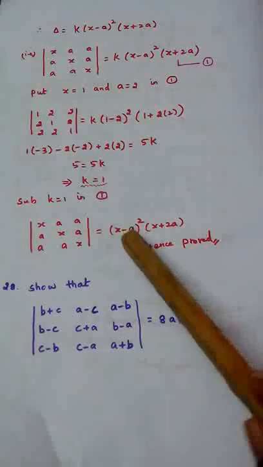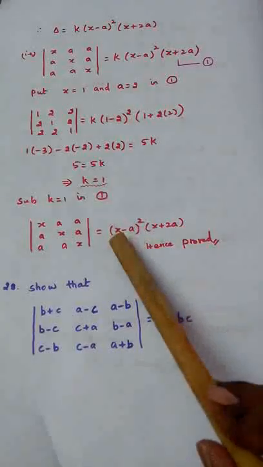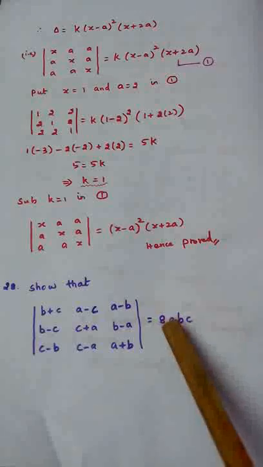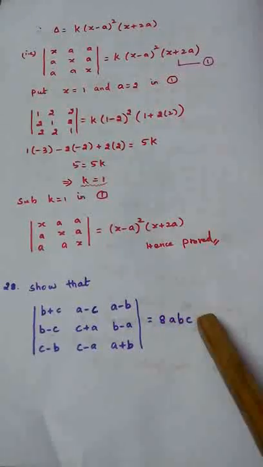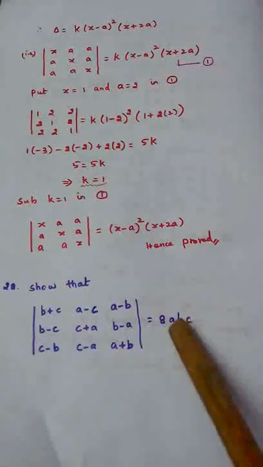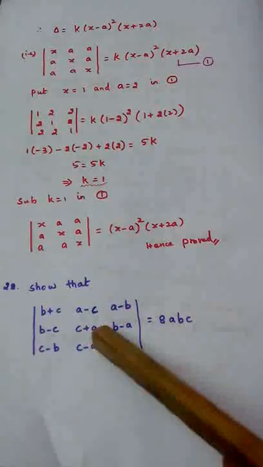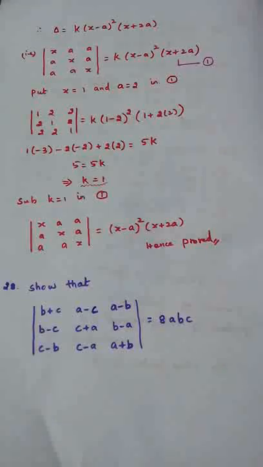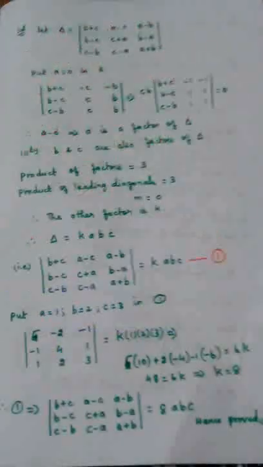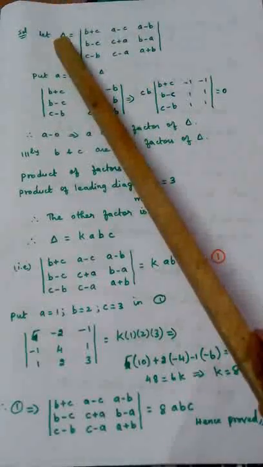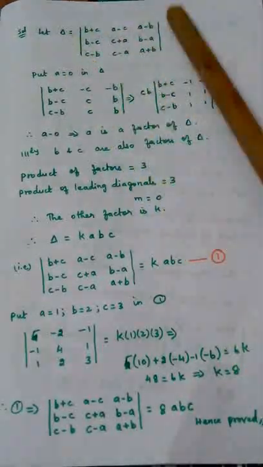Even in this sum, if you see, by seeing the answer, we started by putting x equal to a, x equal to minus 2a. Here a, b, c, 3 terms product is given. So I am going to separately take a equal to 0 and substitute here, b equal to 0, c equal to 0 and substitute here, and let's see what happens. Now see, first the LHS, we are taking it as delta. So delta is equal to LHS.